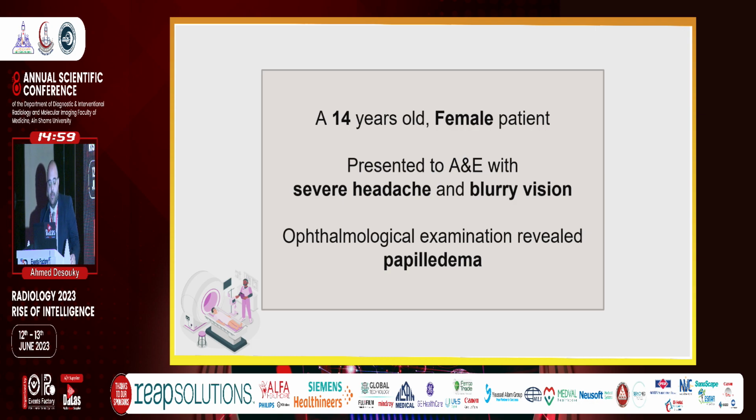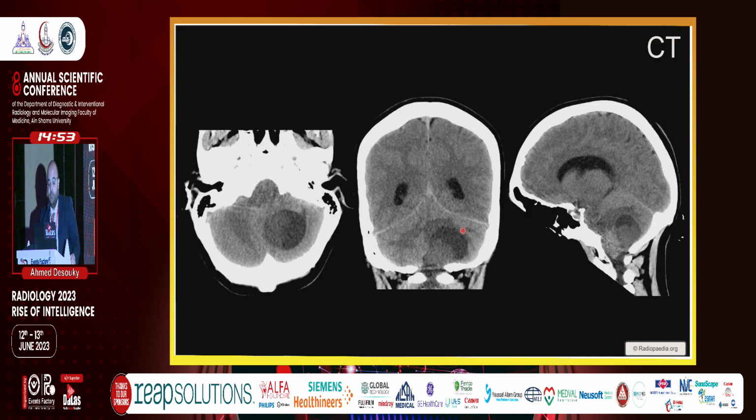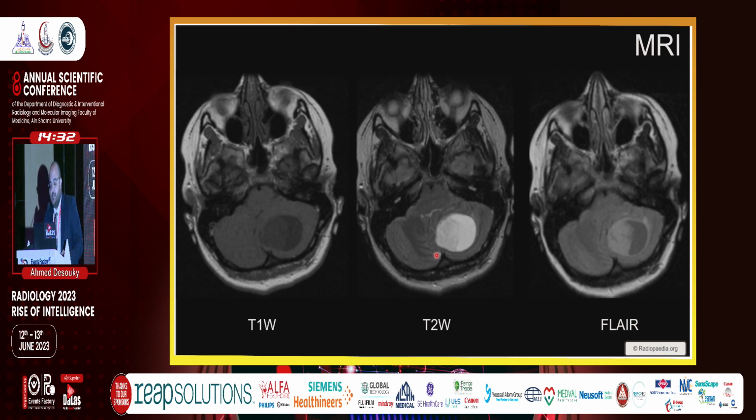Ophthalmological examination revealed papilledema. So a CT scan was done for the patient, and it revealed a mass in the inferior left cerebellar hemisphere, as you can see here. And it's predominantly cystic with a solid component, and there's associated mass effect with partial compression of the inferior fourth ventricle. An MRI was done for the same patient,